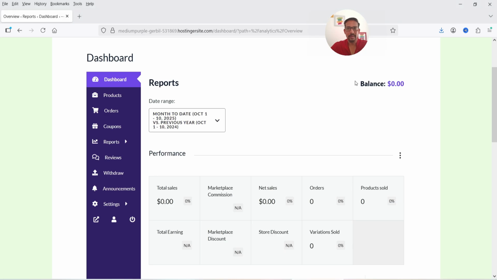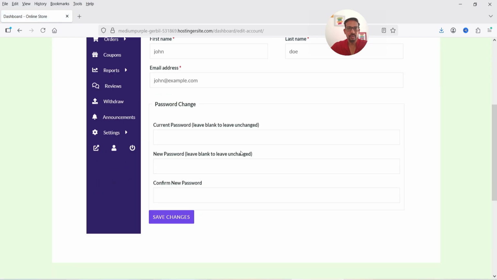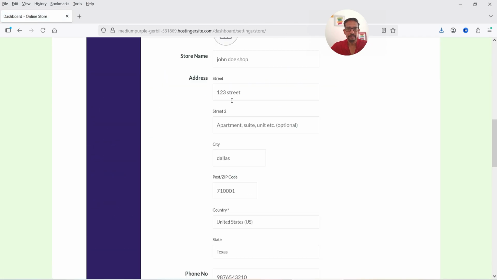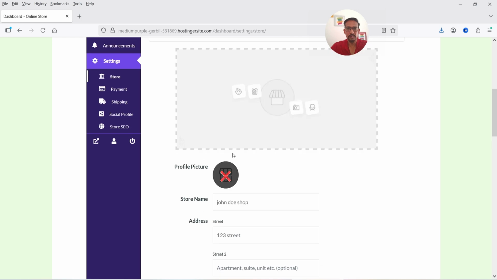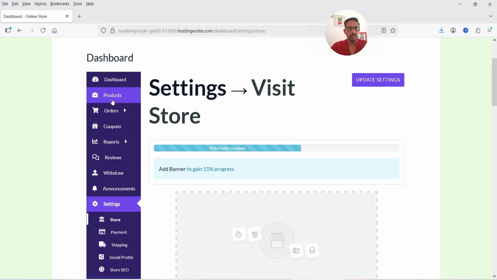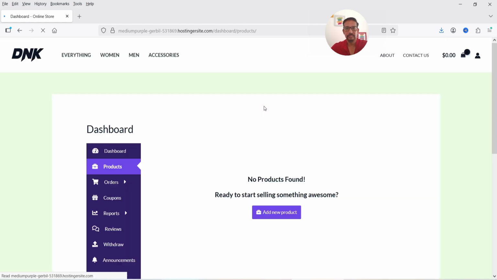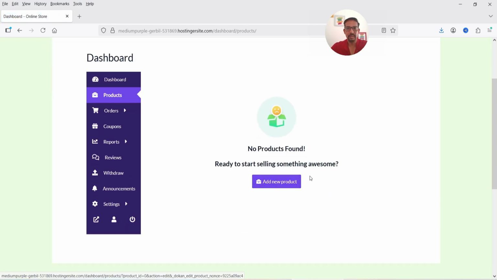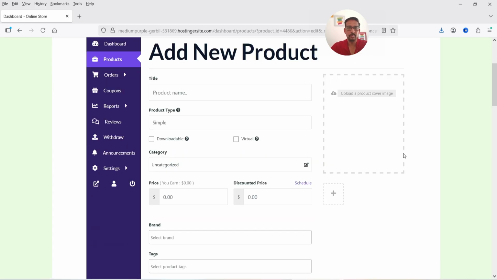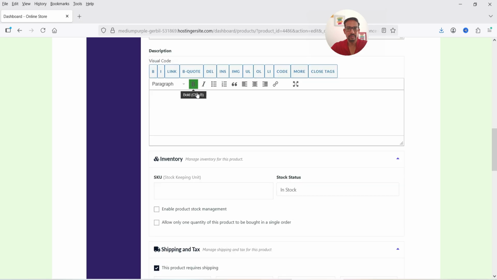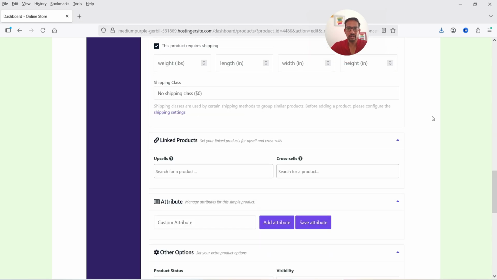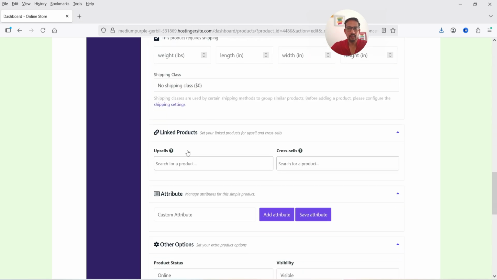So I can go back to vendors dashboard, and from here I can manage my profile. If I click on edit account, I can change my account settings from here. Here I can add the profile picture and the banner. And if I want to add product, I can go to products and create a new product from here. Right now we do not have any product. Click on add new product. And just like the WooCommerce product page, I can add a new product. Now, as we are using the Pro version of the plugin, you will see that we have additional features here,